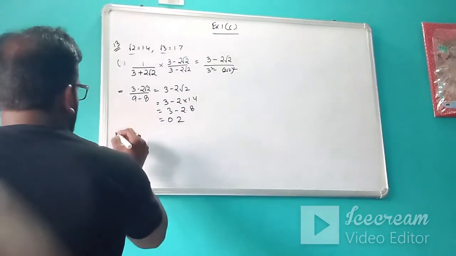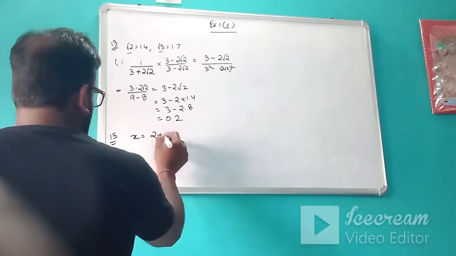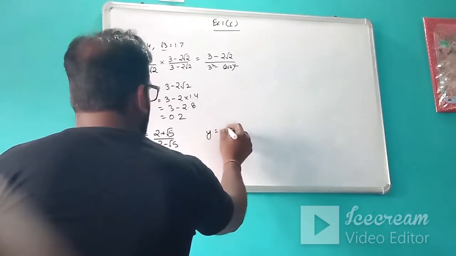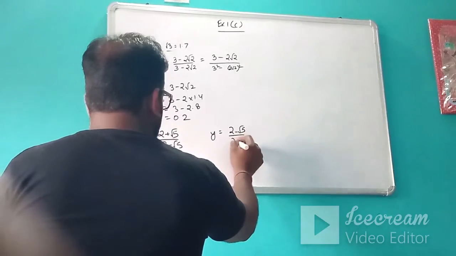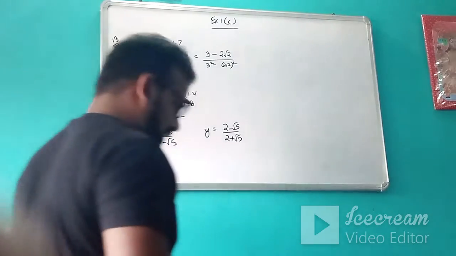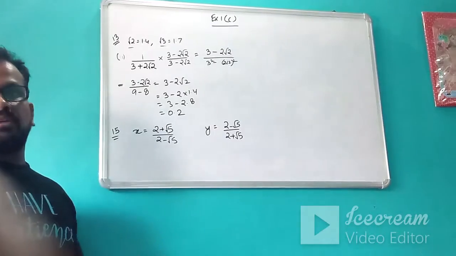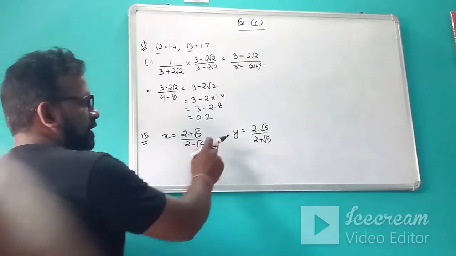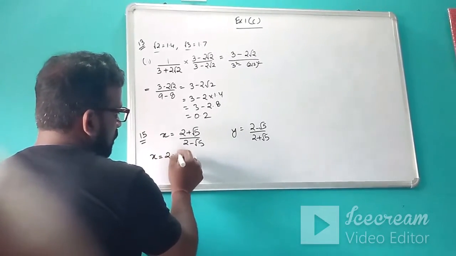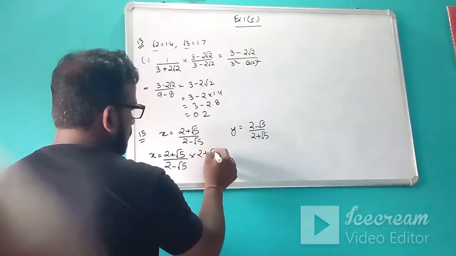Okay, now suppose I have to evaluate something like this, where x is given, and y is given as 2 minus root 5 upon 2 plus root 5. In these type of questions, again I am repeating many times, you first rationalize the denominator. It would be better that the denominator is in the form of a rational number. So for that, always do the rationalization of the denominator. Always.